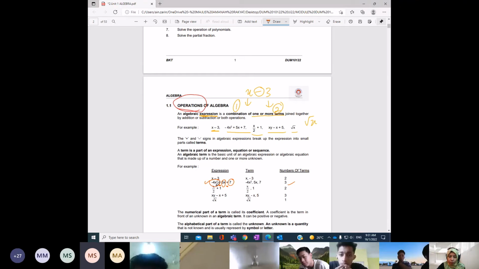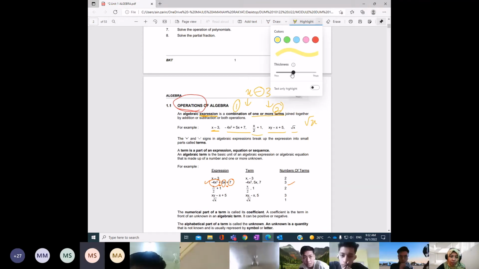So when the question asks you for one algebraic expression, how many terms do we have? You just have to see the separation by looking at the addition or subtraction or even the multiplication symbol. Sebab itulah yang memisahkan mereka. Kalau kita tengok nota yang diberi di sini, yang memisahkan mereka adalah sign